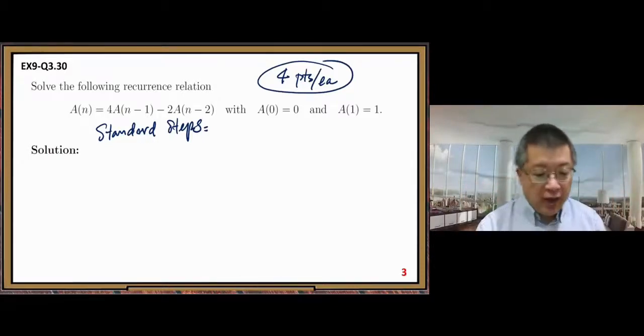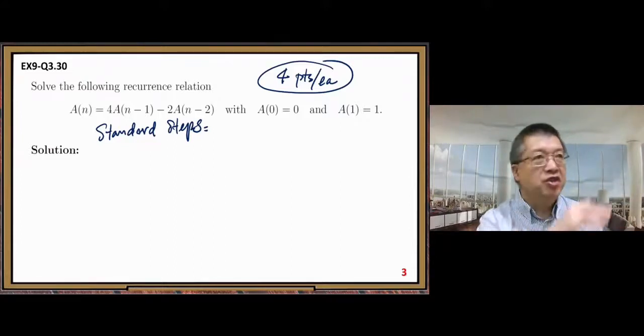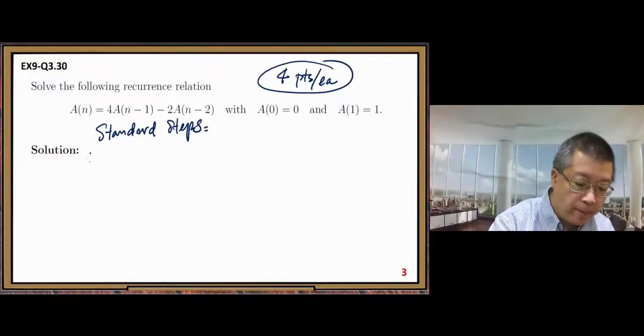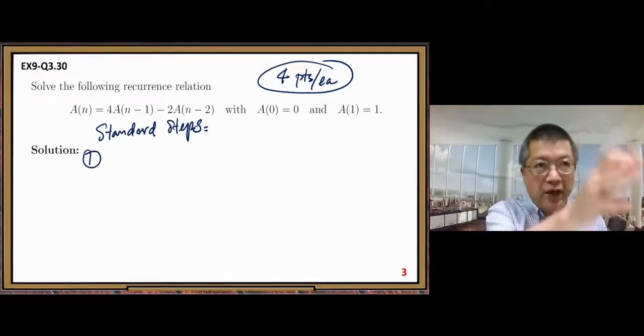So I tell you how I grade a question like this. Here we have 4 steps, each step 1 point. So step 1, the standard steps to solve second order